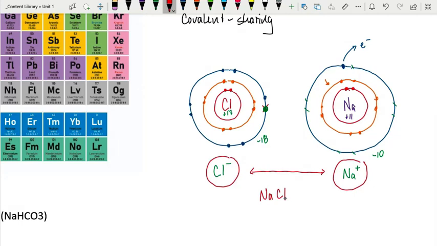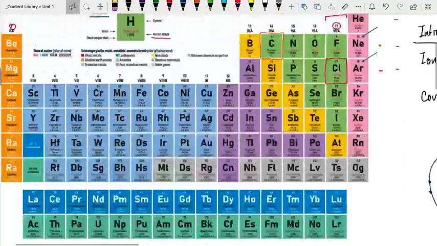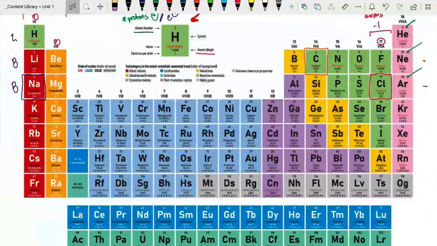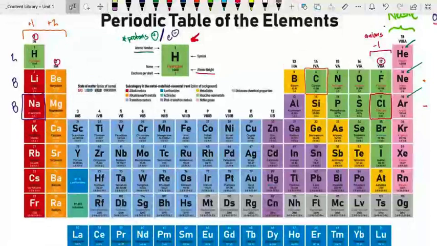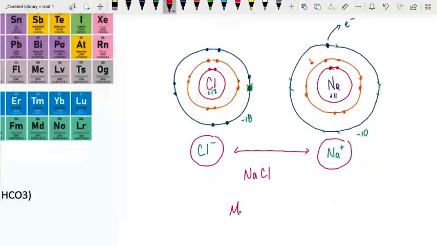Now, just to drive the point home, what about something like magnesium chloride? How is that going to work? Well, remember, if we go back and we look at magnesium, magnesium is in this second column and is a divalent cation, right here, number 12, right? So magnesium carries around a 2+ charge. Chloride, as we know, carries around a -1 charge. So how many chlorides is it going to take to balance out the +2 charge of magnesium? It will take 2. So magnesium chloride will be 1 magnesium plus 2